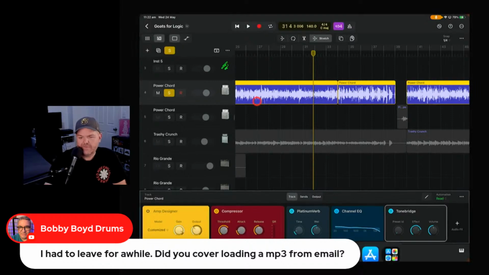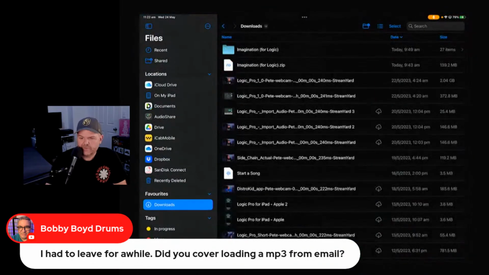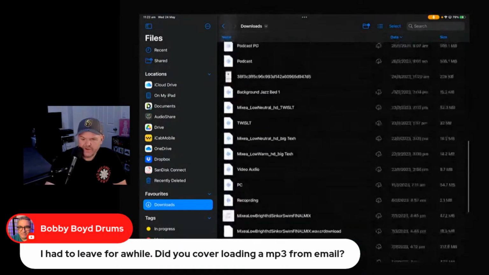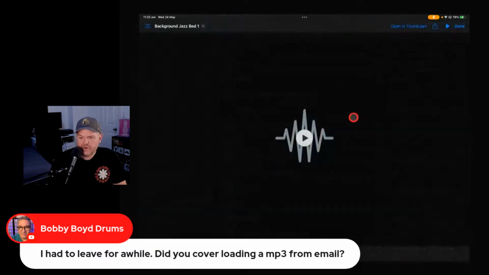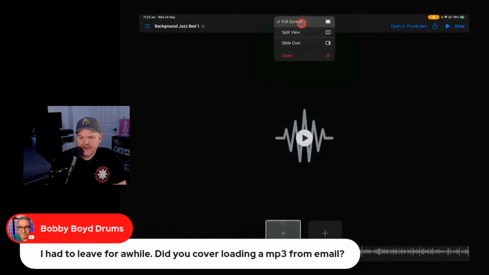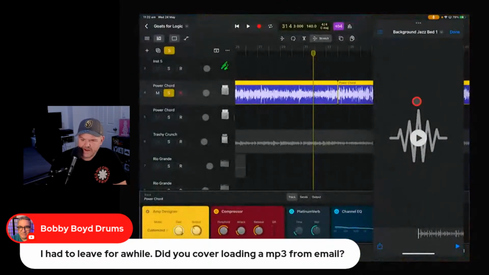If you downloaded something from wherever on the internet, and you're like me, you don't really keep your downloads folder very tidy. So for instance, if I wanted to bring in this file, it's on my iCloud drive, so I have to download it first. But if I wanted to bring this background jazz bed in, I just have to slide over, jump back to Logic, and bring it in.